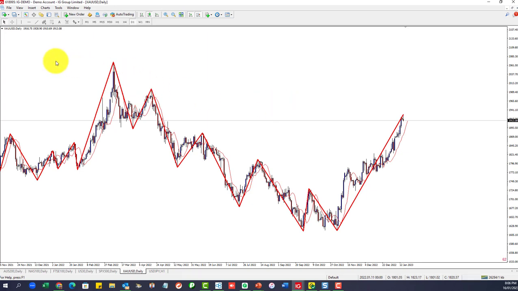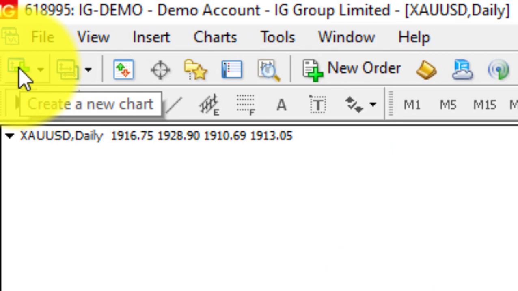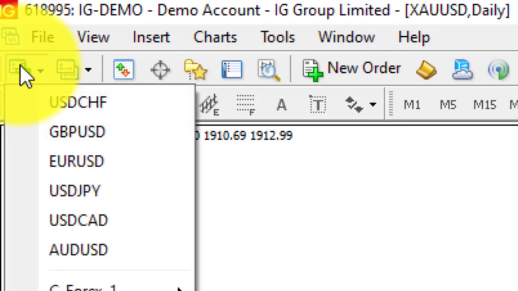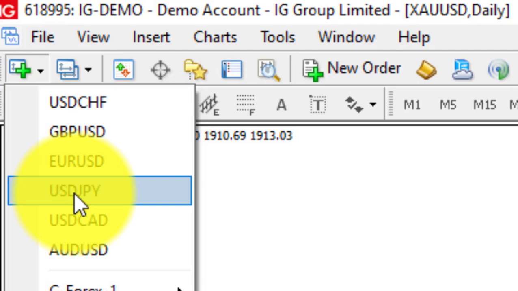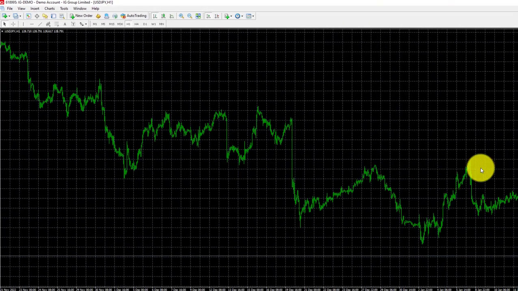So a template, and I'm just going to open a brand new chart. So we go into chart, that icon over there. I'm going to open the USD yen, and there we have it. This is the standard format that MetaTrader supplies its charts in. Now, I don't particularly like this format at all, so I'm going to change it to be the format